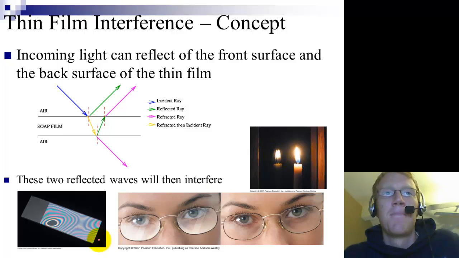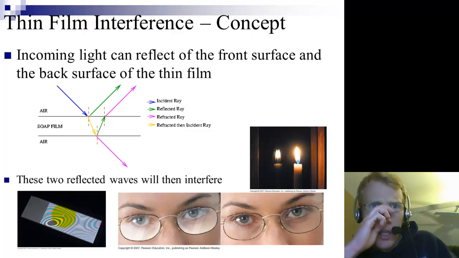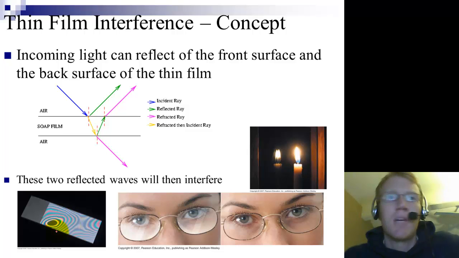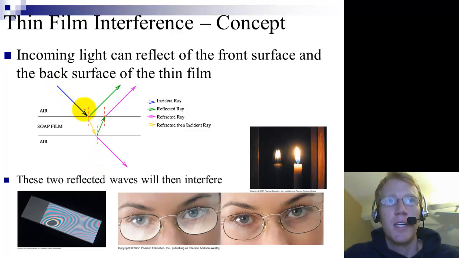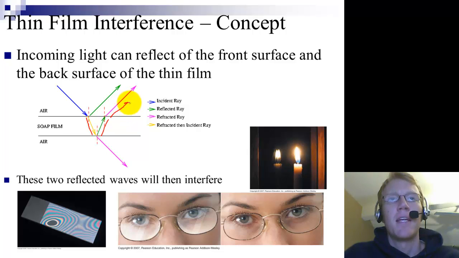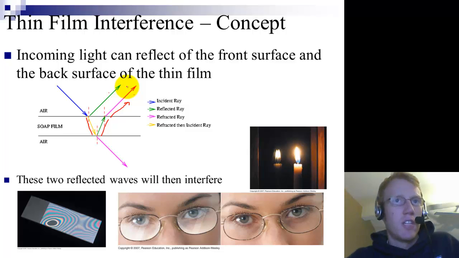Another example is if you ever look at microscope slides that are pressed together, there's a thin layer of water inside, and a lot of times you'll get some cool looking patterns like this. So the way that this works is the light wave comes in, and some of it bounces off the first surface, but some of it goes through, bounces back off the second surface, and comes out, and then you've got these two waves both coming out, and they can interfere with each other either constructively or